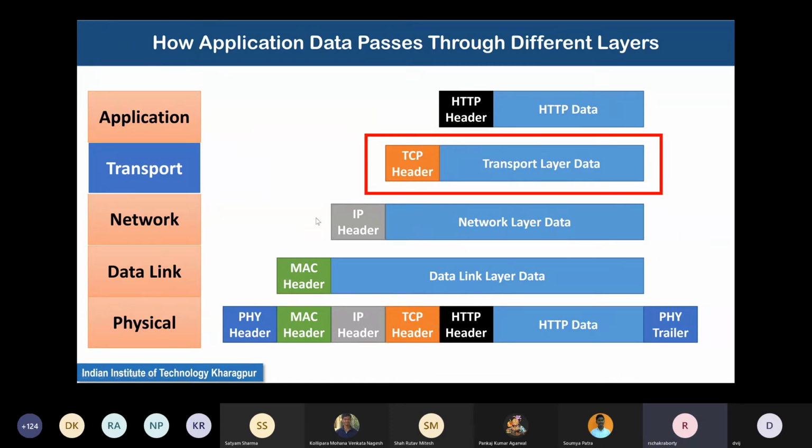Okay, then the entire network layer datagram becomes data for the data link layer over which the MAC header is added, etc. This concept is called encapsulation of data. So there is something previously existing that is encapsulated by adding additional headers as you go on and on. Okay, so this encapsulation happens.